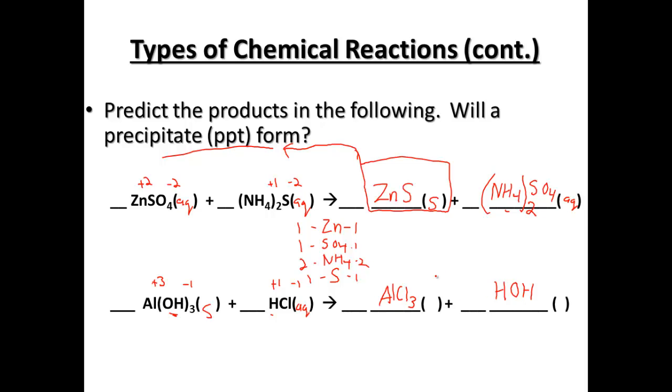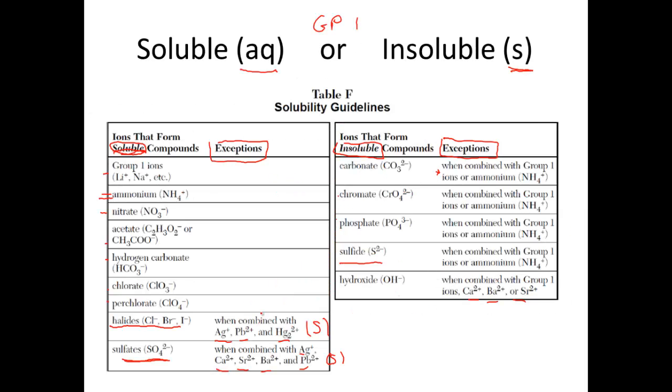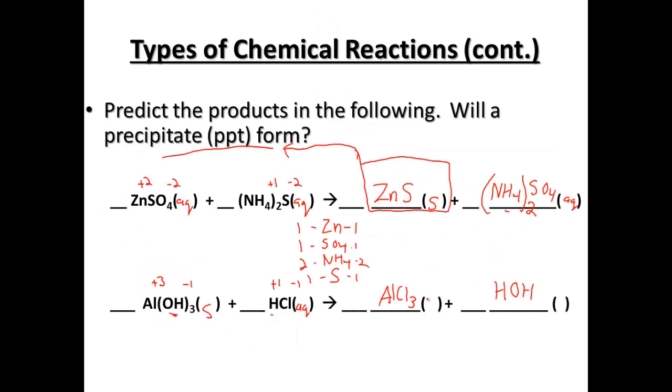Now all chlorides, bring your gold packet, all halides, all chlorides, except for silver, lead, or mercury, are going to be our aqueous. And our second one, HOH, fancy way to write water, is going to be our liquid. So liquids are one of the ways, along with precipitates or gas, that we'll always have during a double replacement reaction. And then to balance her out,